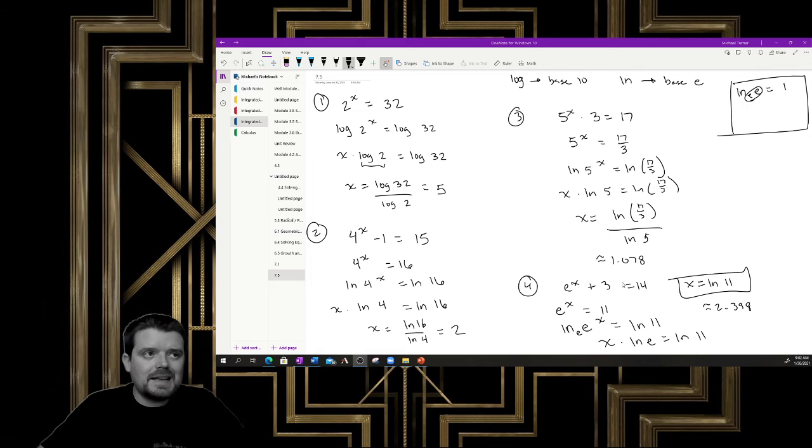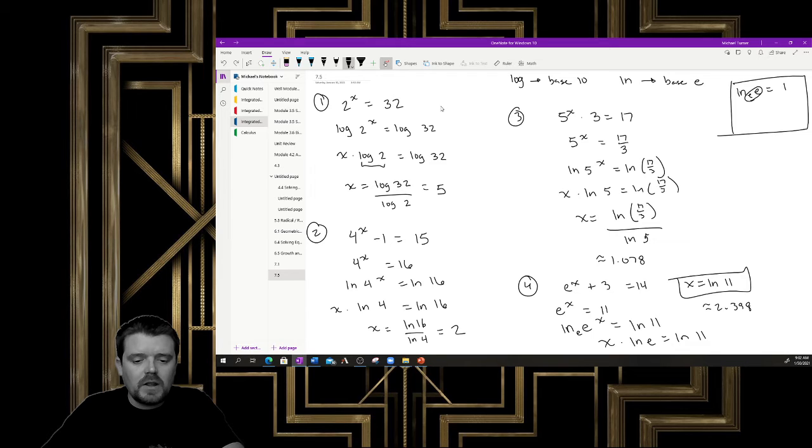A logarithm is a function, and so if I take the same logarithm with the same base on both sides, then that equation stays balanced. In number 1 here, we had 2^x equals 32. In a question like this, where I have 2 to some power, in Integrated Math 1 and 2 we would have just tried to rewrite 32 as 2 to some power. But instead of doing that now, because some of these will get more complicated, we're going to rewrite it as